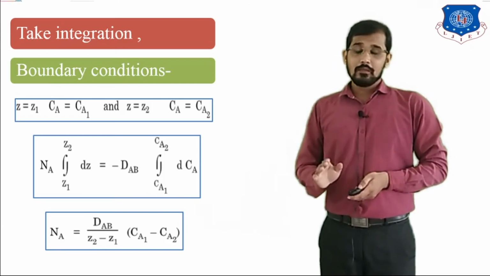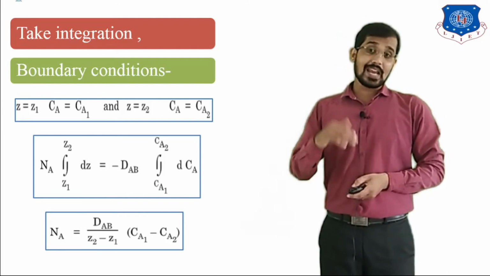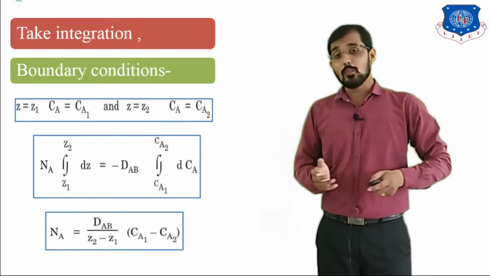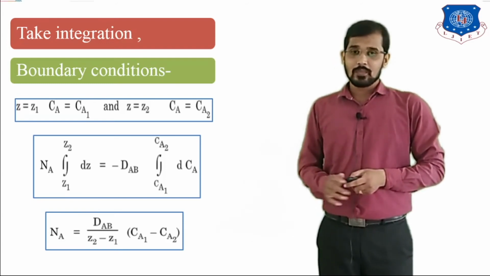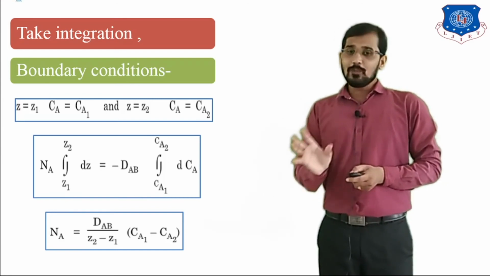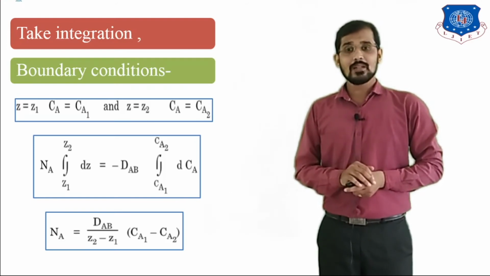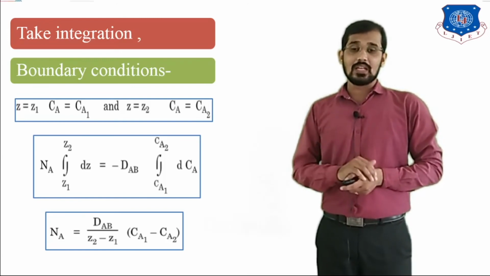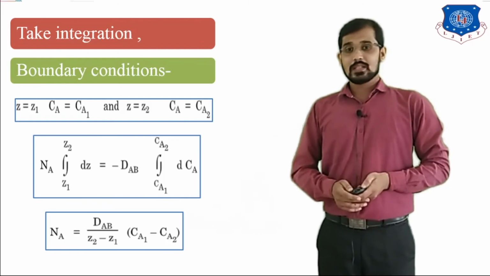What we have done here is take the condition Na is equal to minus Nb. But in the stagnant film we took the condition Nb is equal to 0, because component B is stagnant in nature, that is, constant in nature. There is no diffusion of component B. That's why we took Nb is equal to 0. But in equimolar counter diffusion, both fluxes are the same, but counter means in the opposite direction. That's why Na is equal to minus Nb. So after putting the conditions here and taking integration, we are getting the result Na is equal to dAB divided by (Z2 minus Z1) into (Ca1 minus Ca2).